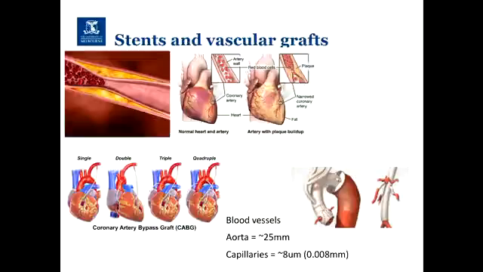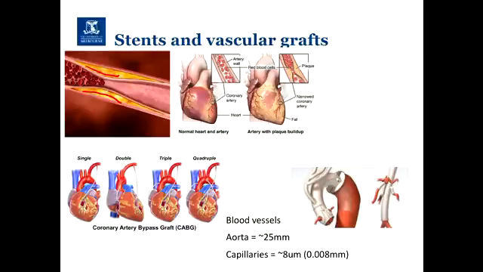So today we will have the second lecture on applications of biomaterials, focusing on cardiovascular ones, and we will go through stents and vascular grafts. Here are some examples of why you might need stents or vascular grafts if there is something wrong with your blood vessel. If you have a whole lot of plaque build up, like here, and you get narrowing of the blood vessel, you might need a stent to push it out of the way and hold the blood vessel open so that you have normal blood flow going through it.